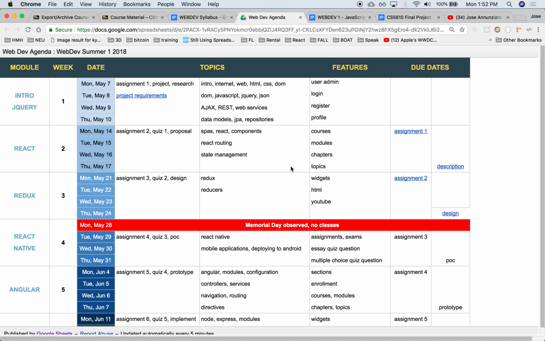So, for instance, the backend part of this, the MySQL and the Java part will be used for the next couple weeks, right? But the front end will be jQuery, which we're only going to cover this week, right? After that, in the next upcoming week, we'll introduce you to React. We'll do React Redux and then React Native. So we'll do React for the next 3 weeks,